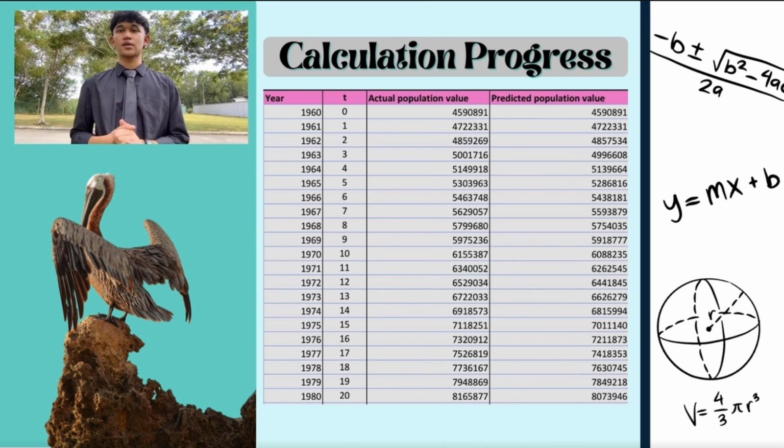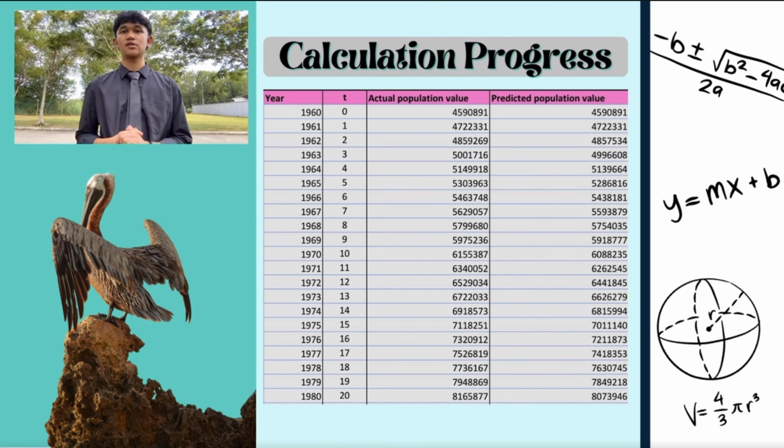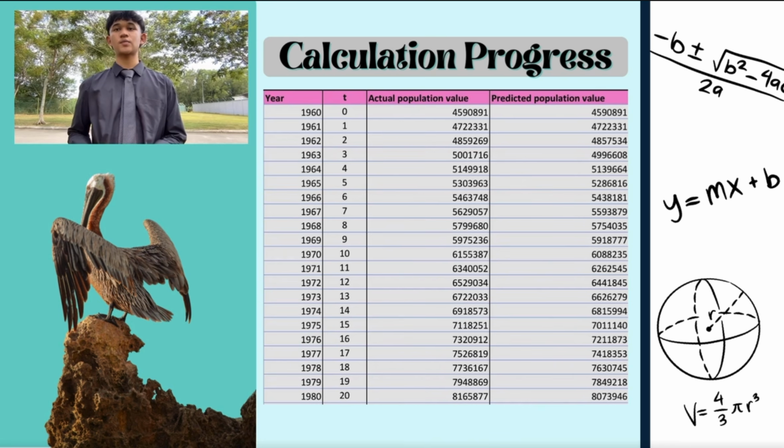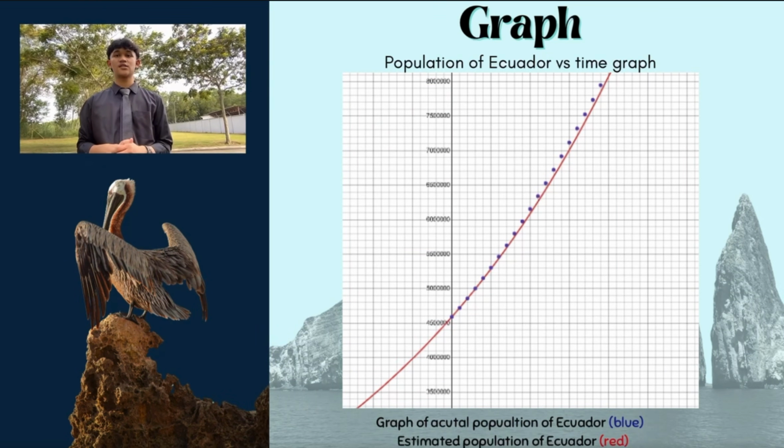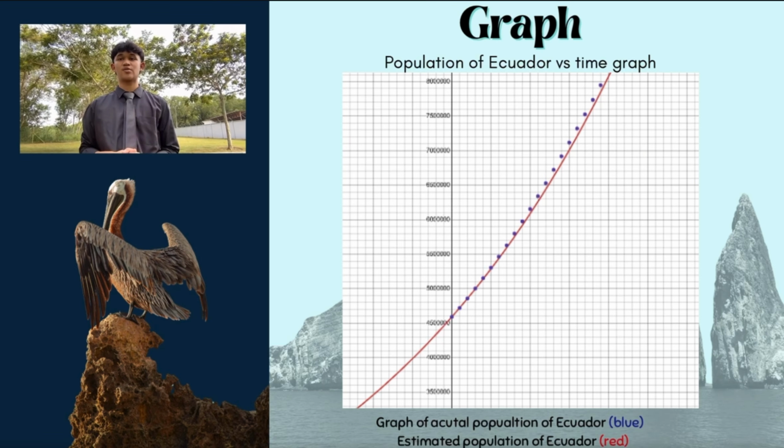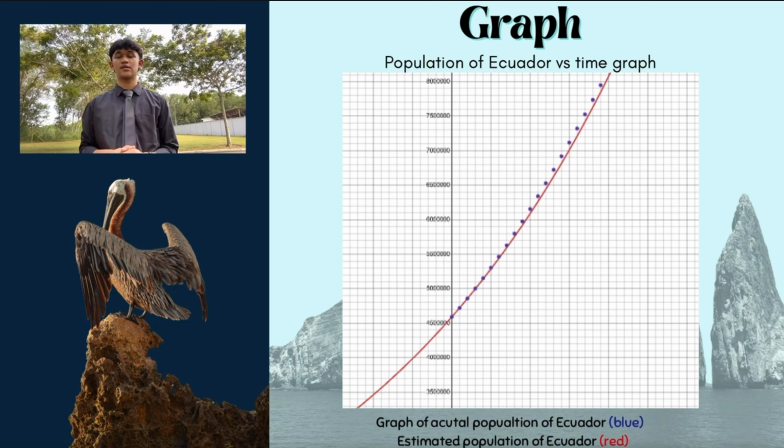For instance, by 1980, our model predicts 8,073,946, which is slightly lower than the actual count. The actual count for 1980 was 5,165,877. For the graph part, this graph shows two main elements: the actual population data represented by the blue points